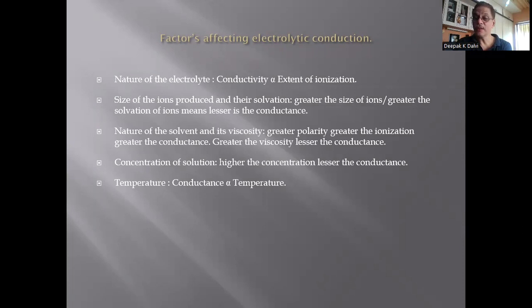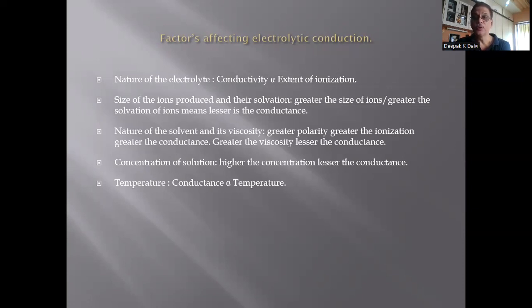Means affecting what? Affecting the flow of current in a conductor when it is dipped in that particular electrolyte and charged to a potential difference. What are the factors? The nature of the electrolyte, the size of the ions produced and their solvation, then the nature of the solvent and its viscosity, and then concentration of solution and temperature. So, knowing about what the types of conductors are, what the factors affecting electrolytic conduction are, what the electrolyte is, and what the electrolytic solutions are,